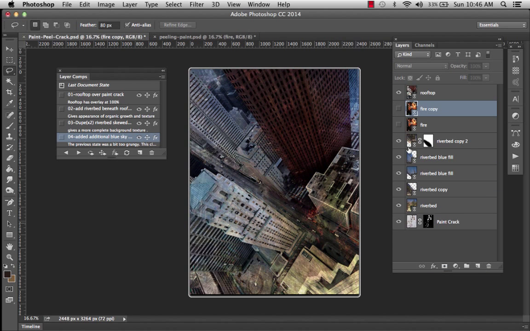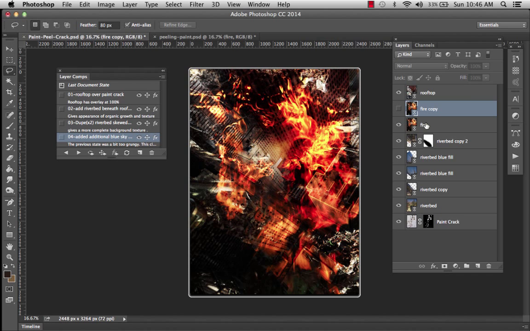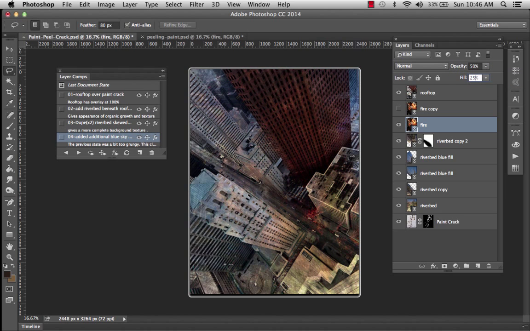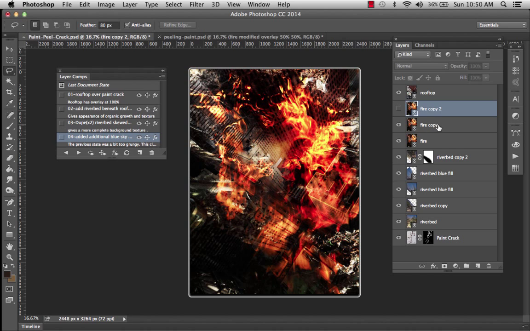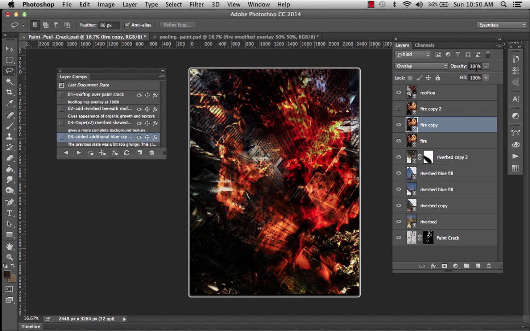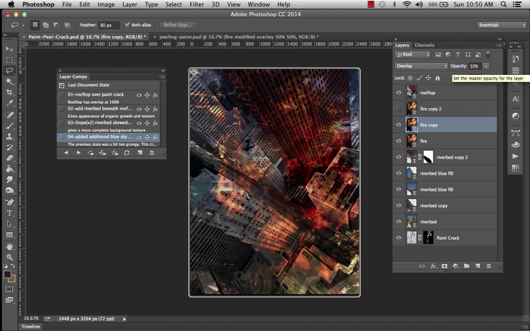And now I'm going to go ahead and show some fire, and I need this for texture, but it's too heavy-handed the way it is, so I'm going to do a different level of opacity, and you can start to feel like it's almost like there's smoke or something, and it's almost like stained. So I'm going to try an overlay on this and knock the opacity back significantly, and it almost looks like